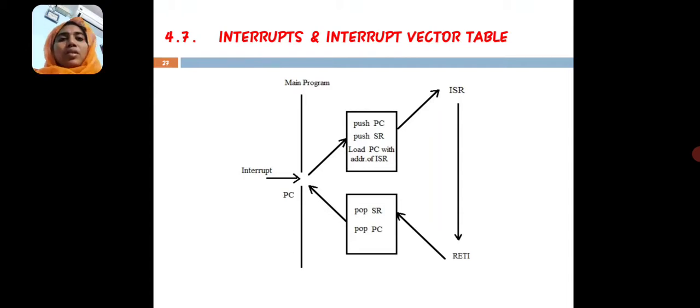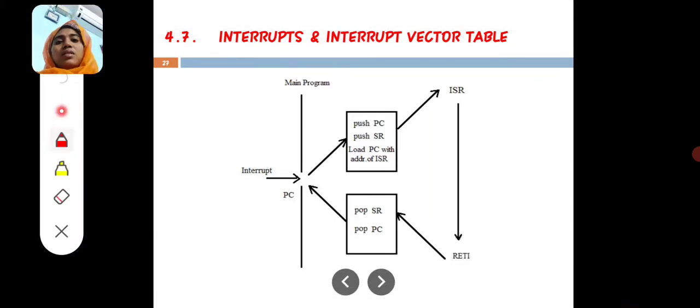Check here. When the main program executes and an interrupt occurs, what is the PC? PC is nothing but the program counter. It holds the address of the next instruction to be fetched. Whenever an interrupt occurs, the address in the PC is stored in the stack. It pushes the PC and loads the PC with the address of the ISR.